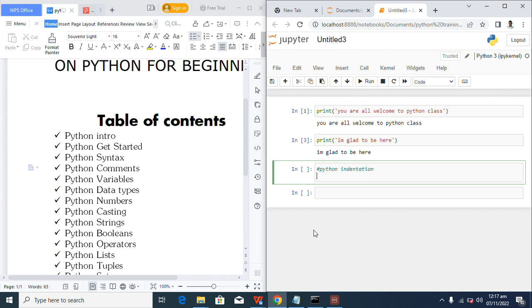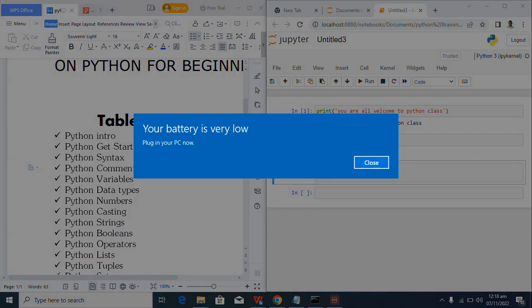But in Python, indentation is very, very important. It's highly important so that you do not have any issue with errors. Your code must be well indented, or syntax